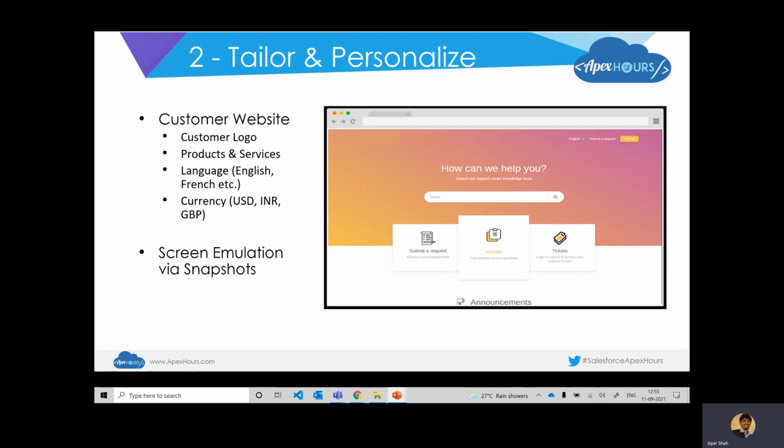The gold mine where you can start getting this information is nothing but the customer's website. So often it's a good idea to go to the customer's website, get their logo, and understand their products and services. At times, they detail out their products, which could be a great idea, where you could use some of the names and set them as products in your demonstration, which could add a lot of relevance, right?